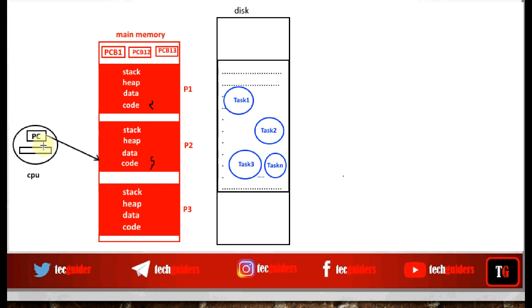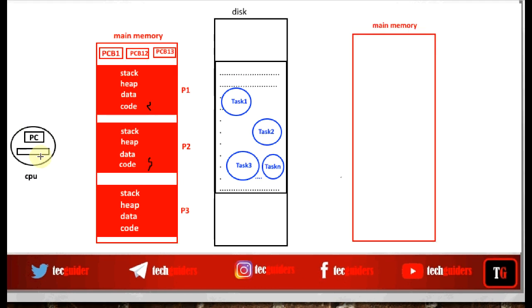And the processor registers will be having some values corresponding to the process P2. Similarly, P3, it means whenever these processes are being executed, they are accessing their own stack space, heap space, data space, and code space, and in effect, each process is having its own CPU registers.